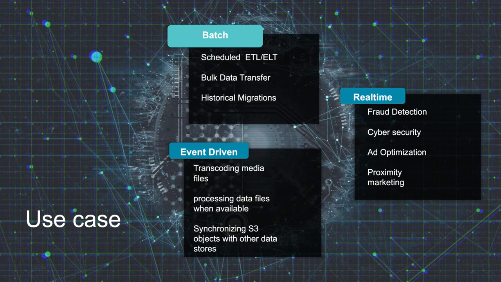Then there can be proximity marketing. Now these are some of the use cases. There can be many. So proximity marketing, like when I enter a shopping mall and I'm going around purchasing things, based on my GPS location and based on what I'm buying, it will suggest or give me deals, send me SMS of deals saying that these are some things that you may be interested in, giving me some offers. So these are real-time use cases.